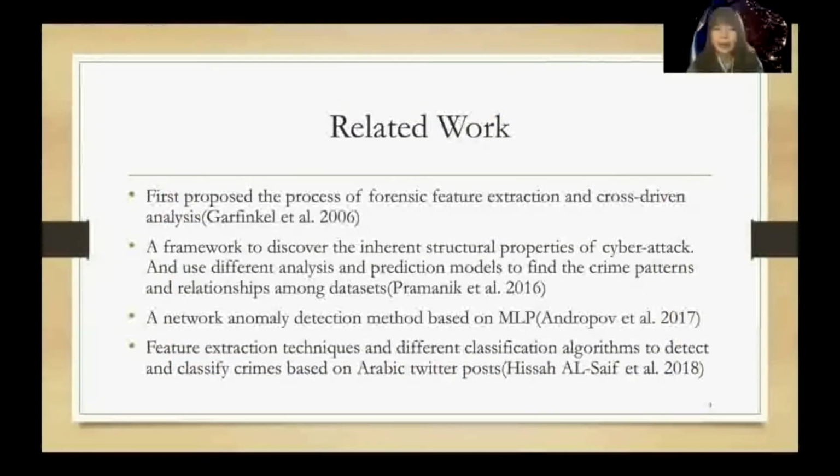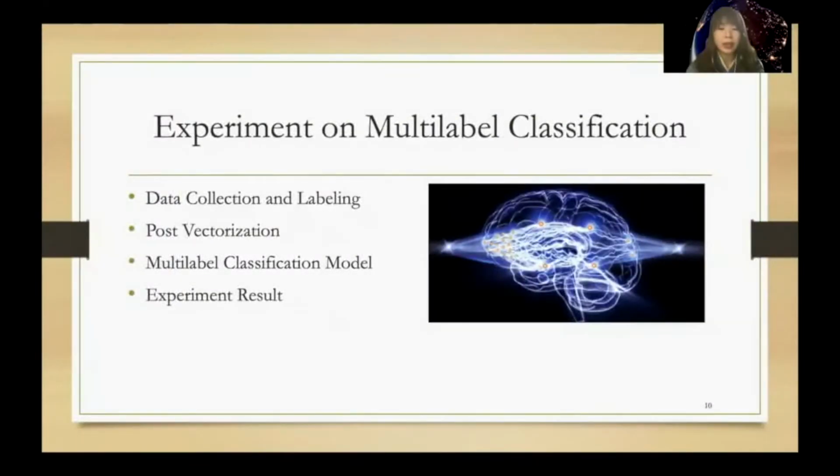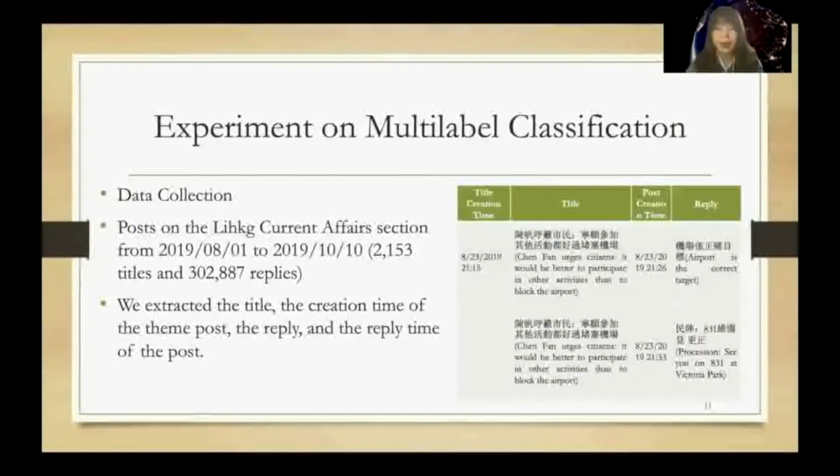We divided our experiment into 4 parts: data collection and labeling, the post vectorization, the multi-label classification model, and finally the experiment result. The first step is data collection. We collect the posts on the Linden Current Affairs section from August to October 2019. Most of the posts are in traditional Chinese or Cantonese, and the sentence in brackets is the English translation